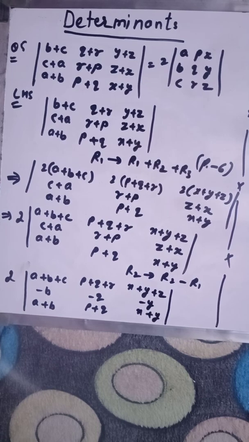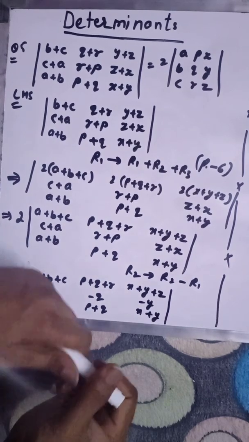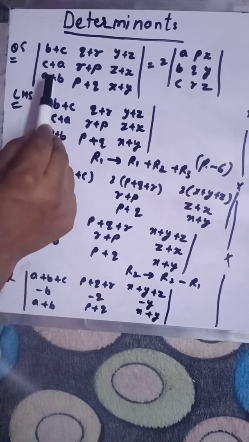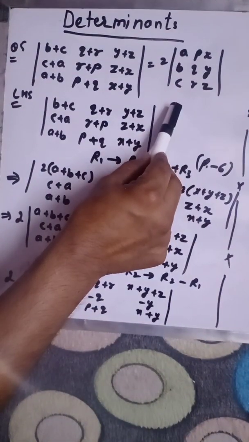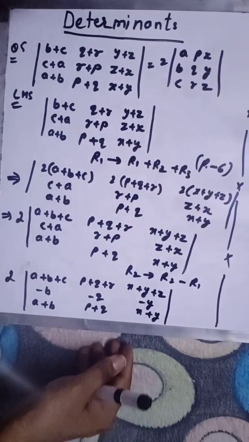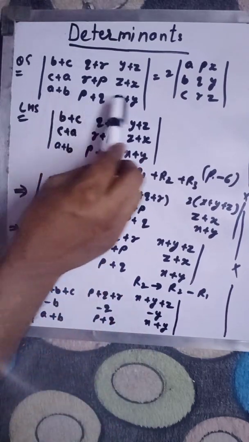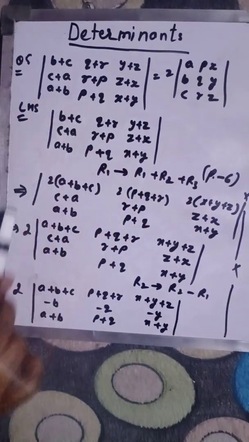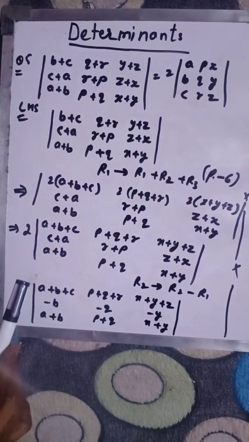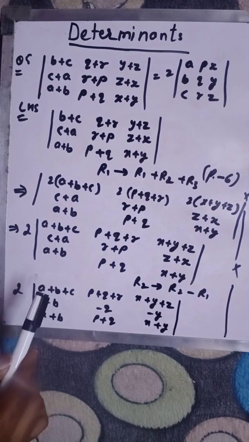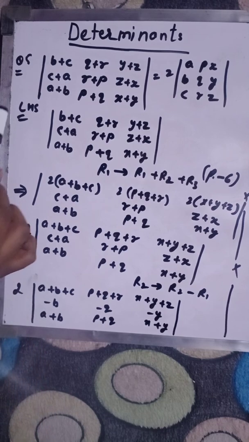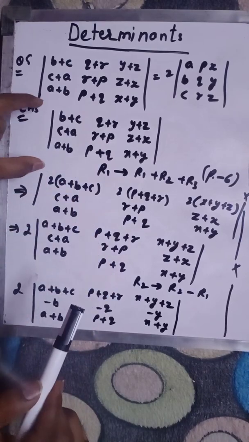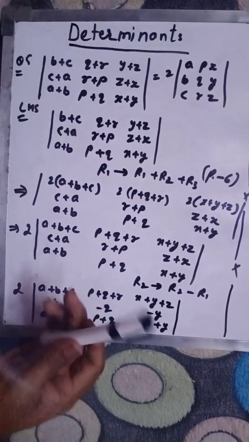Now, this is your 5th question of your NCERT, exercise 4.2, and this question is given to us. Using this we have to prove this without expanding, and we have to calculate this using properties. Now this is our left hand side, where we are copying this. We are taking the left hand side of this question.